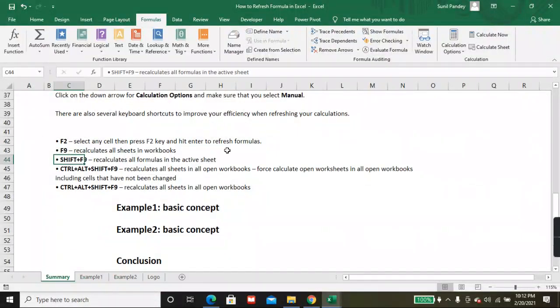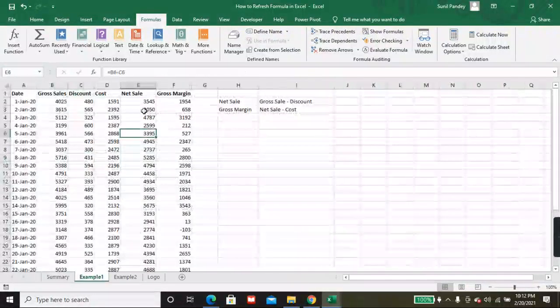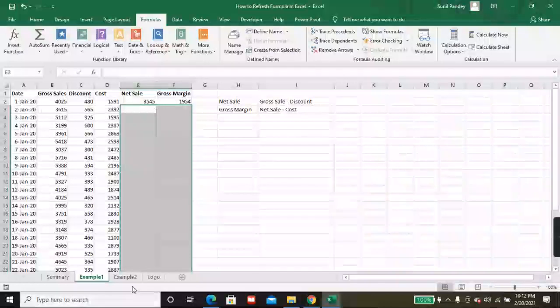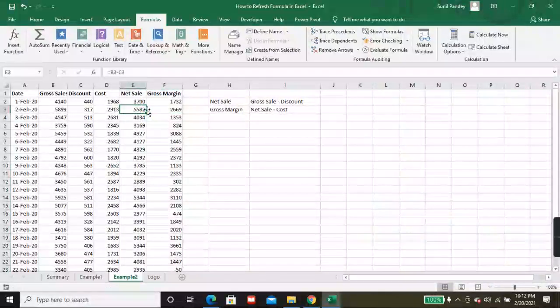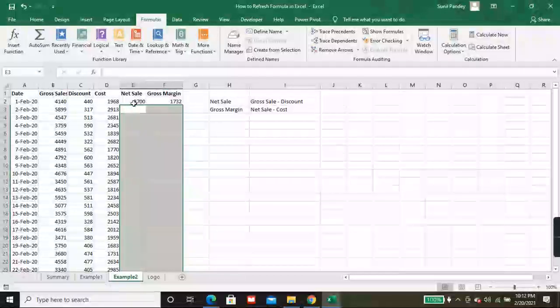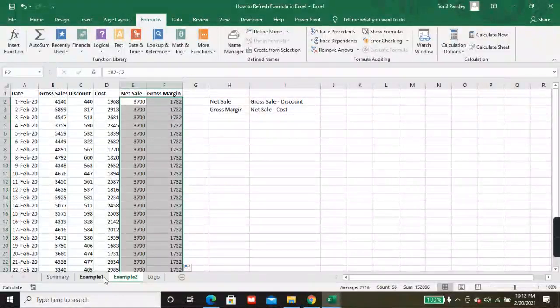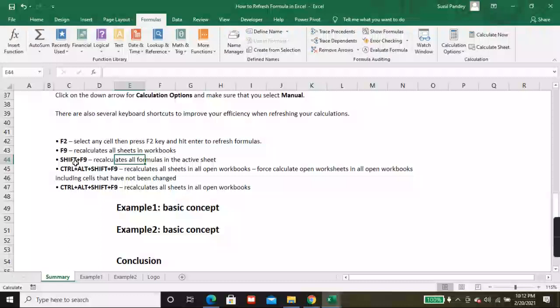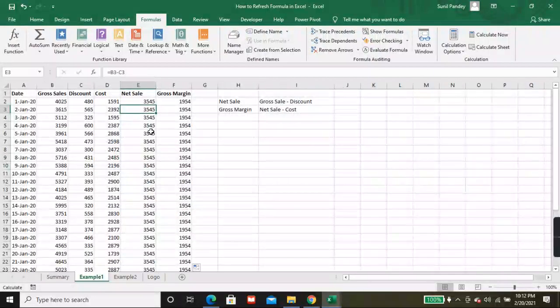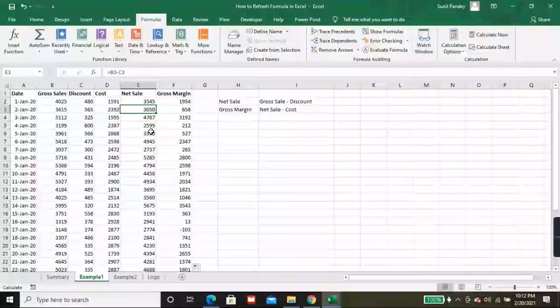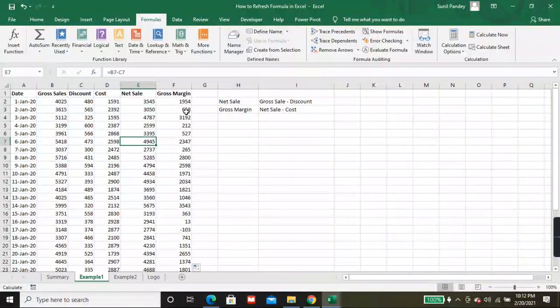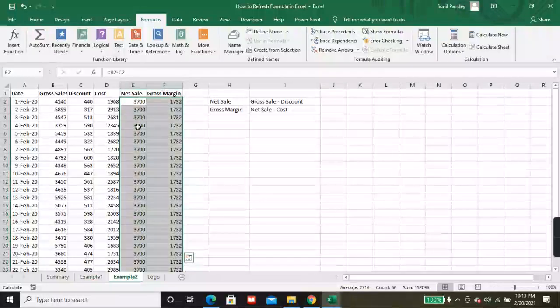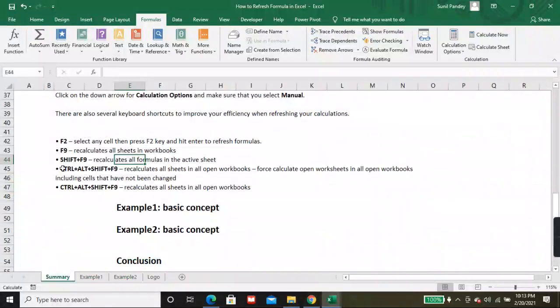Let's see Shift F9, the shortcut again. I'll drag it again here and over here, and now I'm going to press Shift plus F9. This worksheet has been recalculated, but this one will not be recalculated, because Shift F9 recalculates all the formulas in the active sheet only.